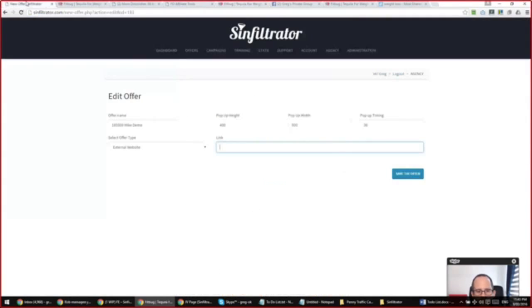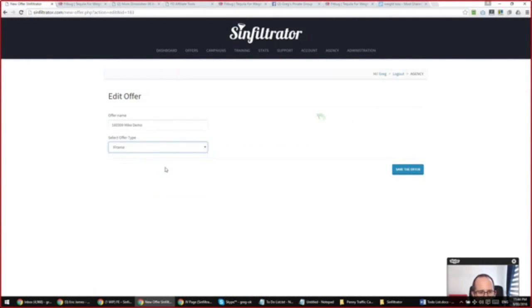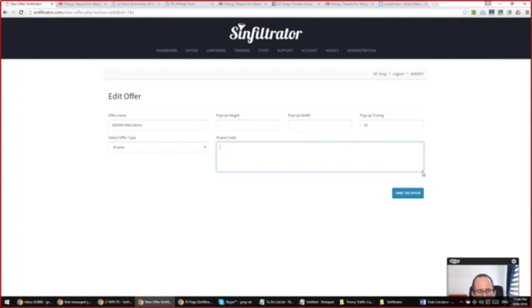Cool. Whereas the difference with the iframe is that with iframe you can actually take HTML code, so you don't have to put the whole website. You can take any HTML code that you want. So as an example, you know how often on CPA networks and on affiliate networks, when you're grabbing your link, you can get an HTML for something like an opt-in form or for a banner. You can just take that HTML code, the whole thing, and drop it into this iframe code box, and again specify how high and how wide you'd like it to be,